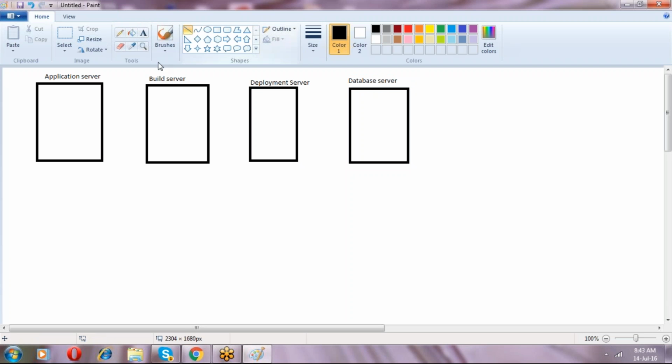Okay, for each and everywhere I have a hard disk, hard disk, hard disk, hard disk. Okay. And then I need an operating system for each and every server.